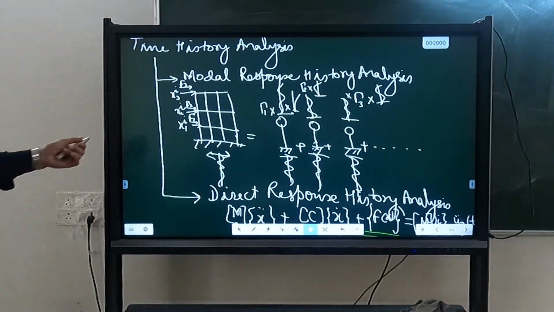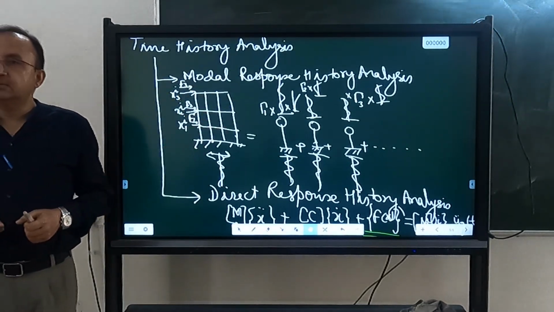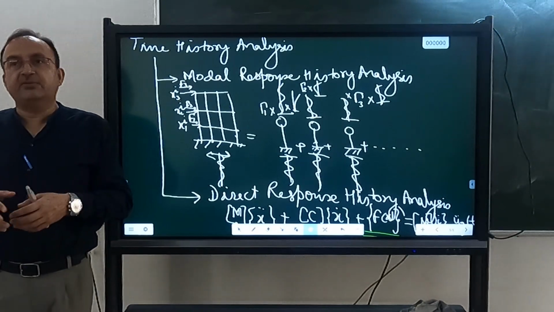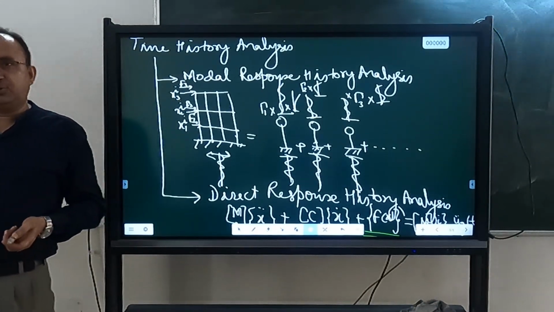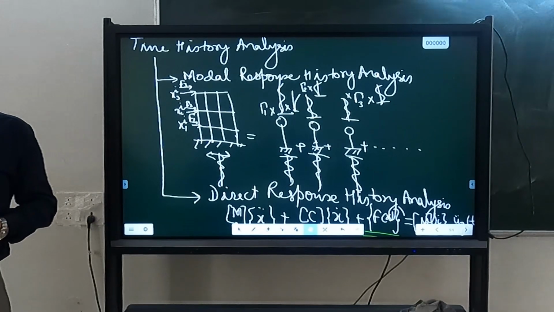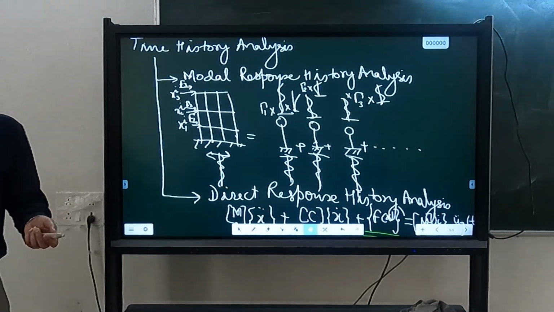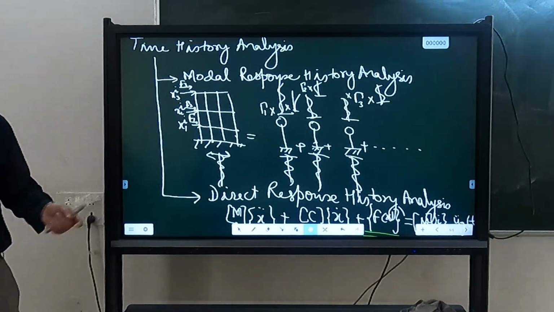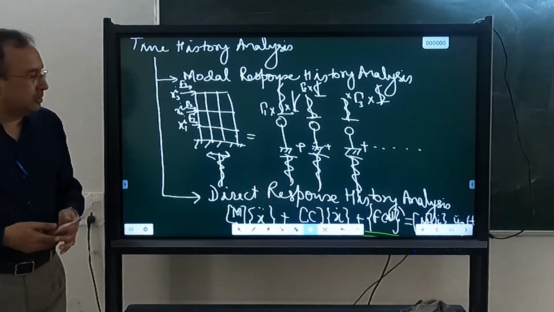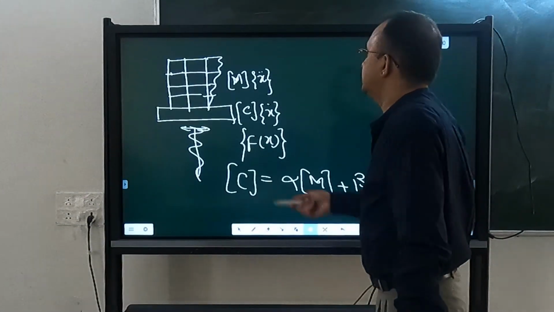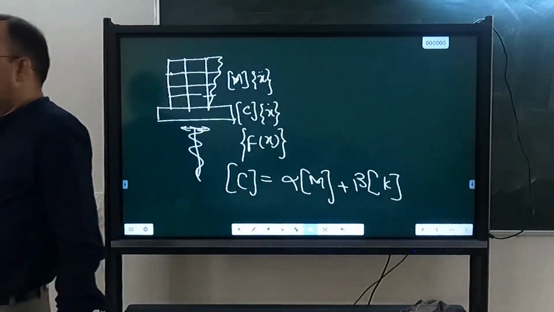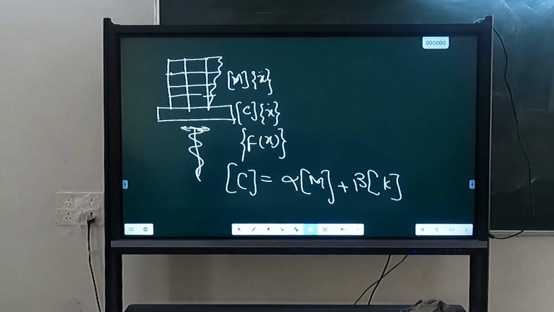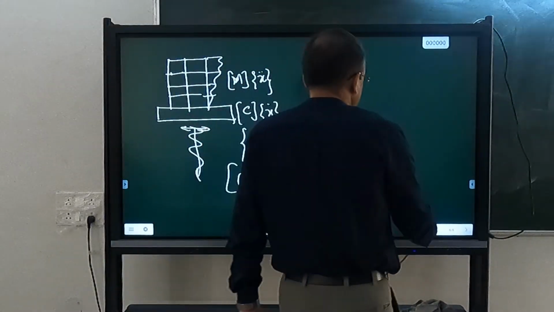So, how to get the actual behavior of a structure? Actual behavior will come from experiment only. Either during an actual earthquake, so you instrument the building, and when the earthquake comes, you record the response. That will be the real response. Or you can get it from an experiment. The true experiment would be the shake table, but this is very costly. We do not have facilities to do that. So we simplified. How did we simplify? The first simplification is this,